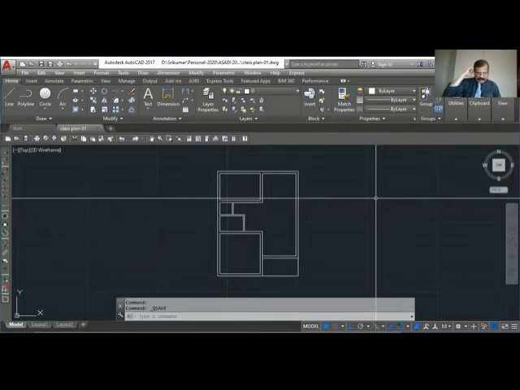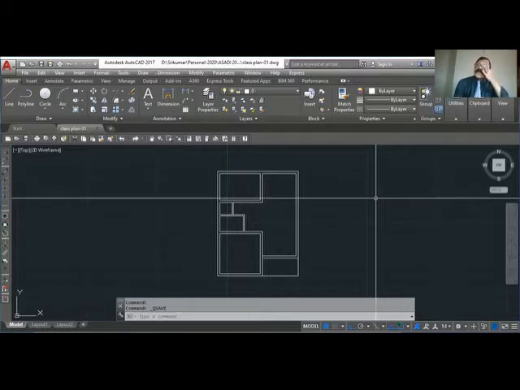What is layer exactly? When you make a manual drawing, what you usually do is take one sheet and draw the plan there. Take another sheet, you draw the electrical drawing. Another sheet, mechanical drawing. Like that, you use different sheets to draw different types of drawing. Same way, instead of sheets here, we'll be using layers. For example, we say electrical layer, and we'll draw all the electrical items in that layer. We'll make a plumbing layer, and we'll make all the plumbing in that particular layer. Like that, you make different layers for different objects.